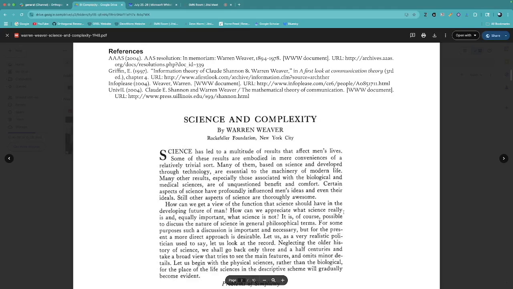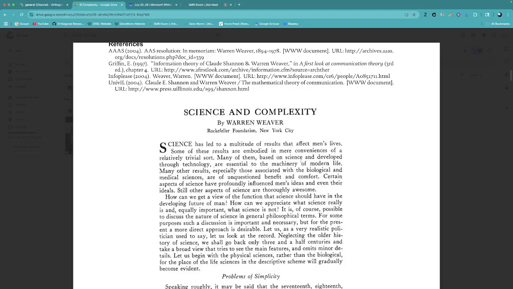So that was a long discussion on Claude Shannon and how he's relevant to this area. And then Warren Weaver was a co-author on that book, and I think he wrote the foreword. But Warren Weaver was a science communicator at the time, so he did a lot of stuff with kind of proto-complexity theory. So he was interested in cybernetics and sort of how that serves as proto-complexity theory in a lot of ways. So this paper is then by Warren Weaver, who talks about science and complexity.